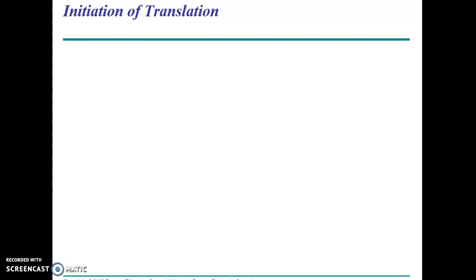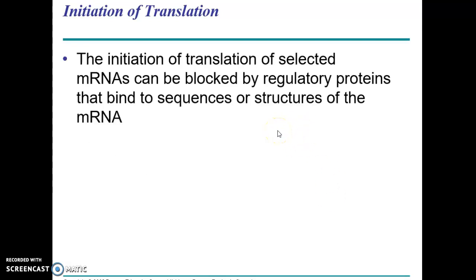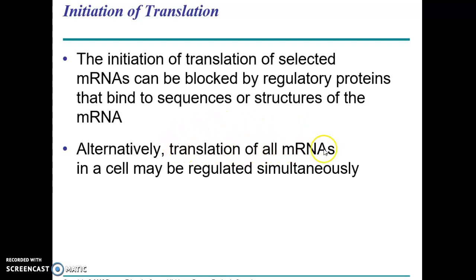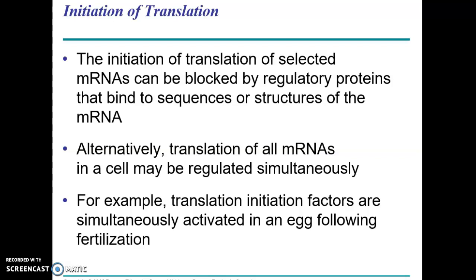That is an immediate translation. Okay, so as soon as the cell makes the mRNA, it's going to be translated. But in other times, the cell wants different RNAs to all be translated at the same time and controlled. And for example, when the egg gets fertilized, so when we're making an embryo,